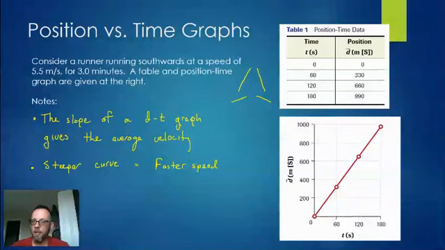Now, this particular DT graph was a straight line. So it wouldn't matter where we chose our 2 points and found the slope of that graph. We get the same average velocity. In this case, we expect to get 5.5 meters per second. Let's just try it out. Good review for finding slope as well. So to get the average, just to mix it up, I'm going to use the